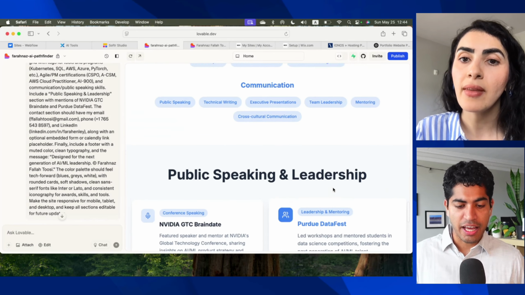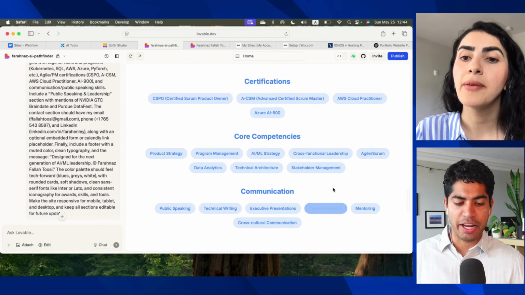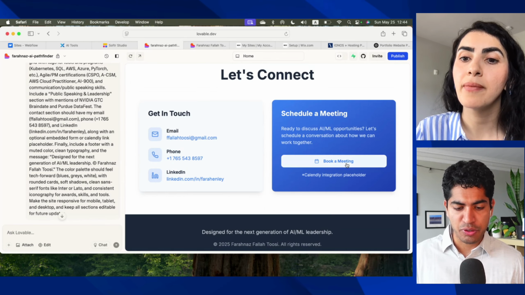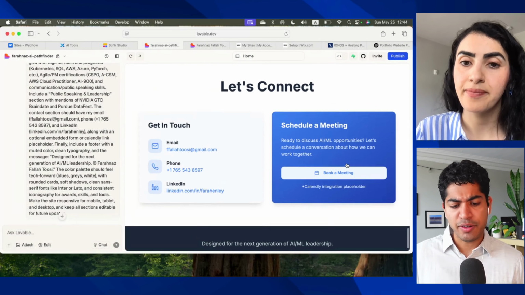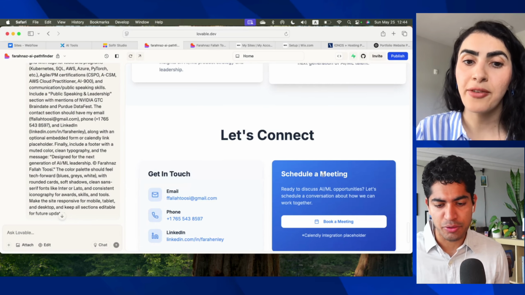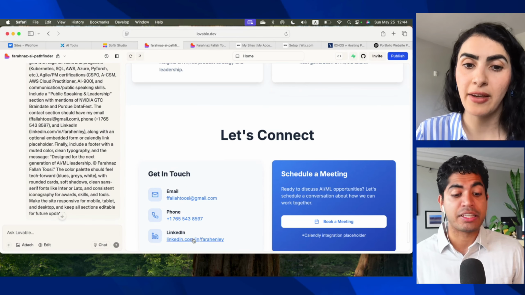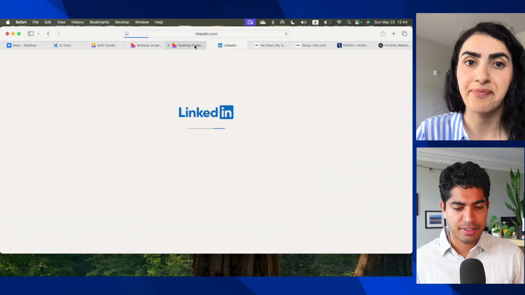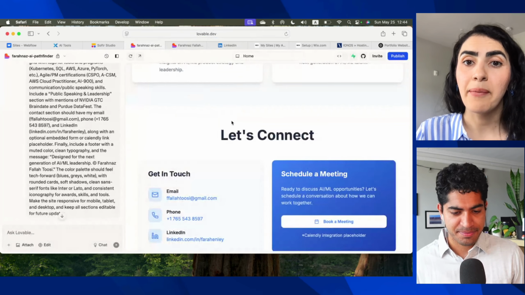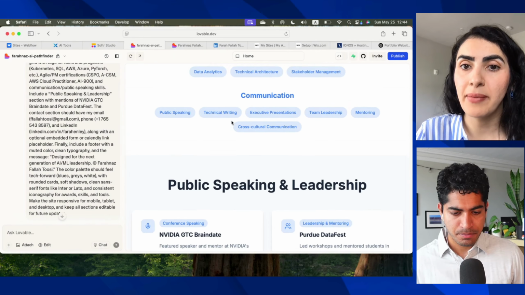I think it also said Calendly invite placeholders, so we would have to connect that ourselves. We just have to replace the link there. That's all we have to do. These are very straightforward, working fine. Those links would just work, like you see my LinkedIn here. And literally in 15 minutes, you see all the communication,